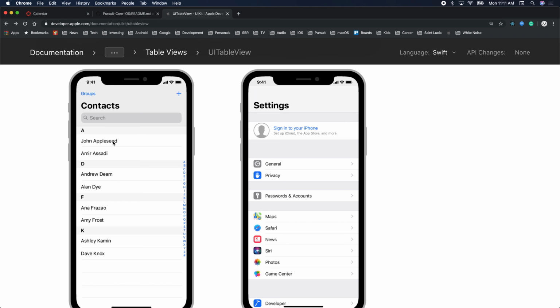So John Appleseed is a contact on the A. So that's one row. So A actually has two rows of content, right? D has two rows of content. You have Andrew here and you have Alan Dye, right? F has two rows of content, and the F that we see here with that light gray, that's a section,